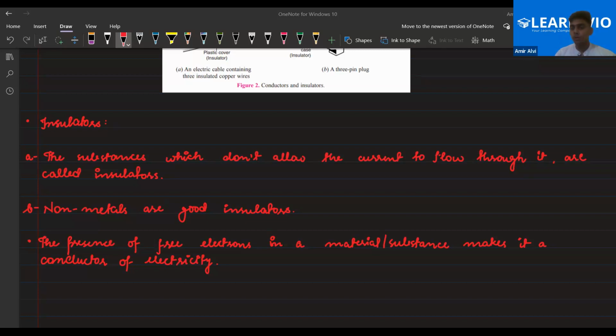Sir, Ohm's law, only till 11.5. 11.5, could you please tell me the topic name? 11.5, factors on which the resistance of a conductor depends. Okay, till there. It means Ohm's law and the factors affecting resistance. Resistivity is also there, or not?